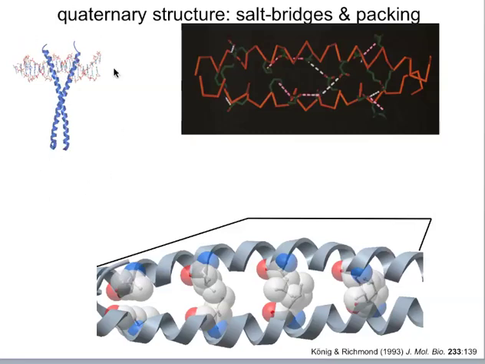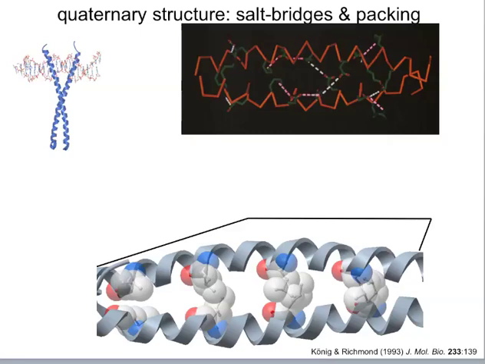And here again is a leucine zipper protein that interacts with a DNA molecule. And here is an interesting paper if you want to go read about it. I might mention it a little bit in class and we could discuss it. The details of the paper are not so important, but I wanted to pull some figures from that paper to help you understand how this quaternary structure is assembled. Very intimately constructed, involving both hydrophobic packing through the leucine zipper, the hydrophobic interdigitation that I mentioned earlier, and